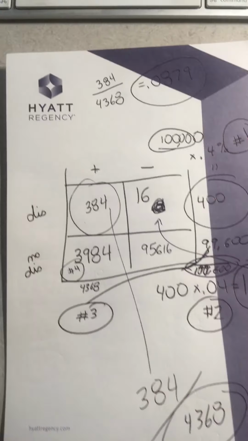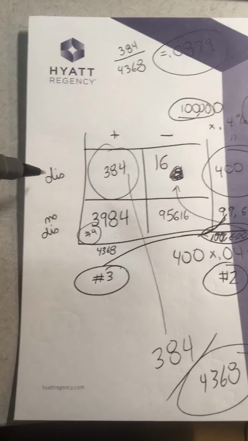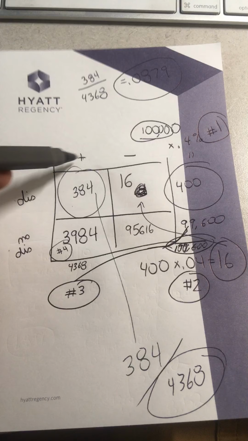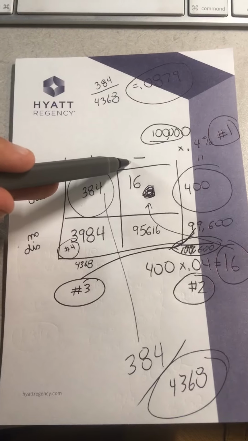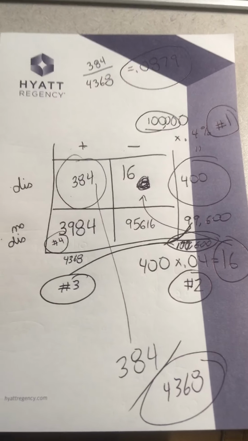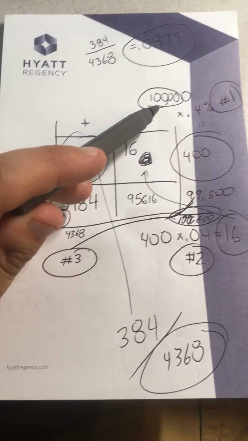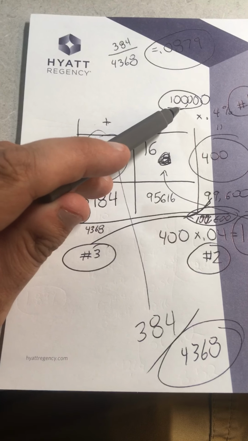how I did it. So the best way to organize these kinds of things is to make a table where basically I say you have the disease or you don't have the disease, and that the test shows that you had a positive or a negative. Okay, so the next thing you need to do here is you just need to make up some number. I usually like to try to pick a really big number so that I'm not dealing with really weird things. So I just picked the random number of 100,000. Okay, so with 100,000,